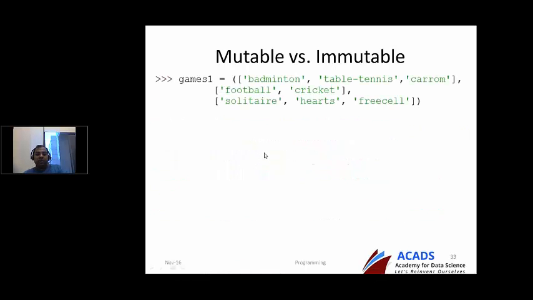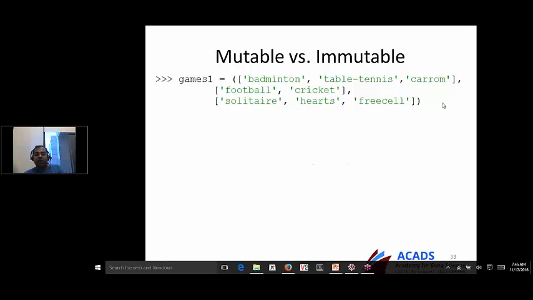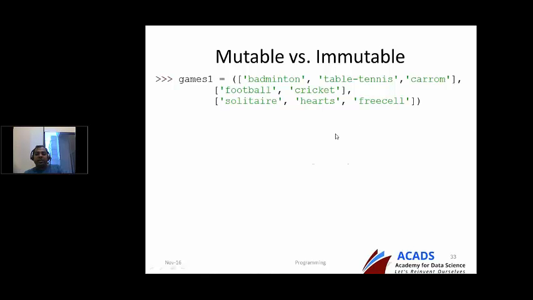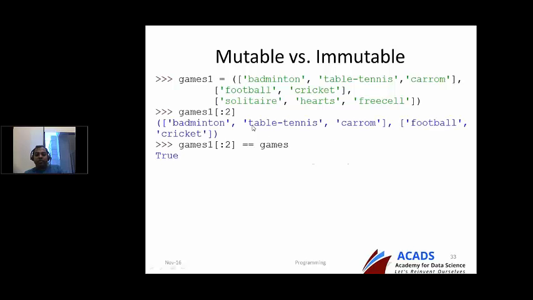So to solve this problem, I create another copy or another tuple called games1, in which I have all three lists: indoor games list, outdoor games list and card games list. And just to verify things are fine, I try to do certain operations. So for example, slicing works, and I'm also making sure that games1,